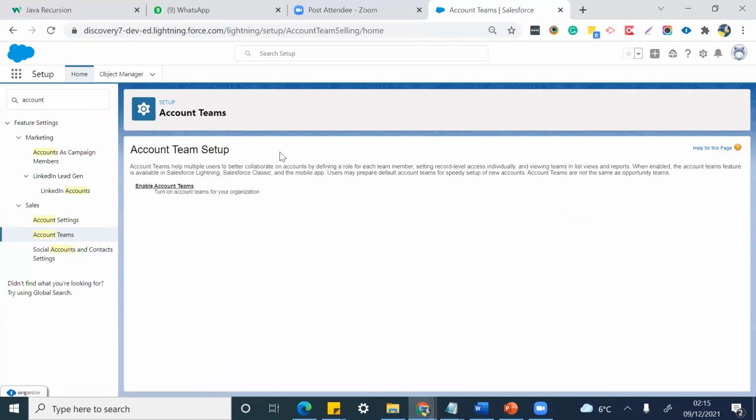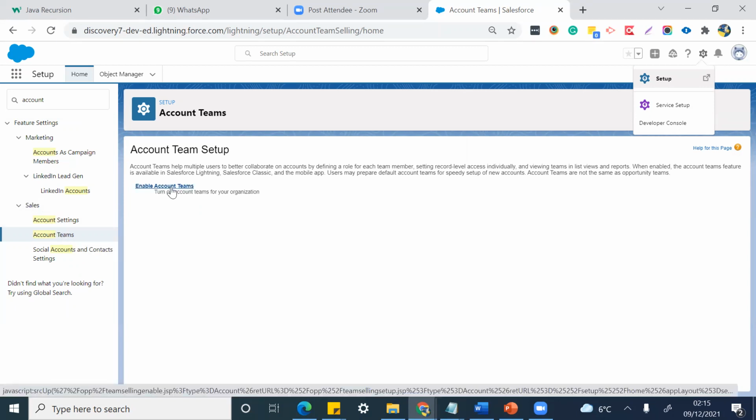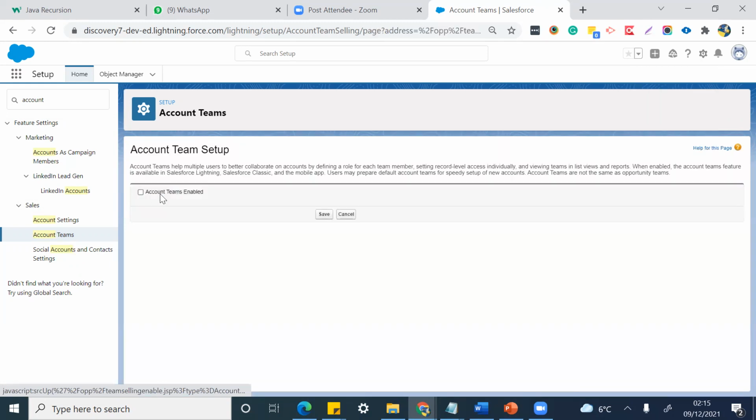Let us see how we do this. First we have to go to setup, go to the object manager and type in account teams. I'm in the account teams tab already. You have to enable account teams and save it.